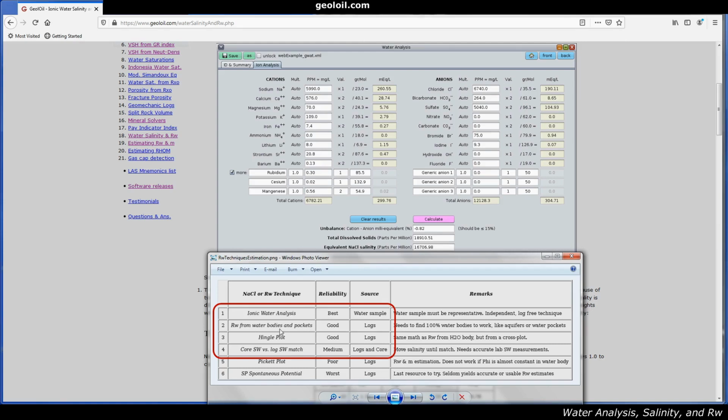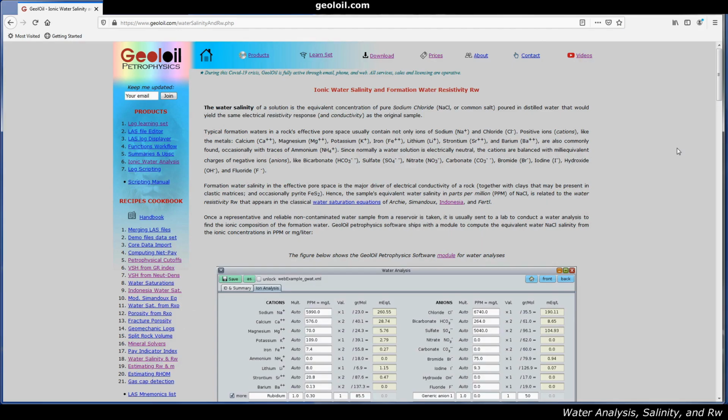The second is Rw from water bodies and pockets, which only requires log information. And the classical one may be to estimate water saturation using core water saturation until you achieve a match with the log water saturation. So this is the article that teaches us how to do that, and that's the web page on our geologic.com